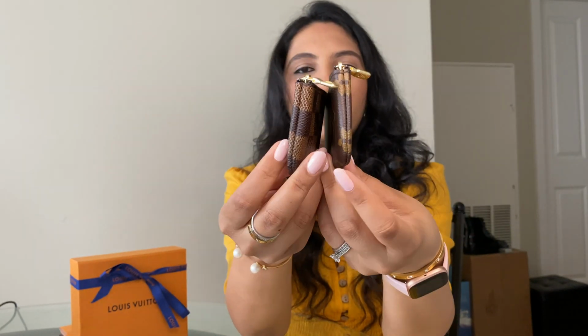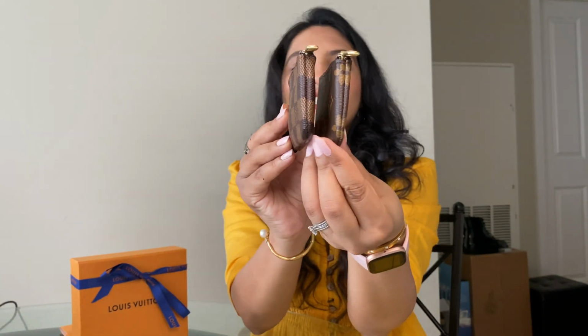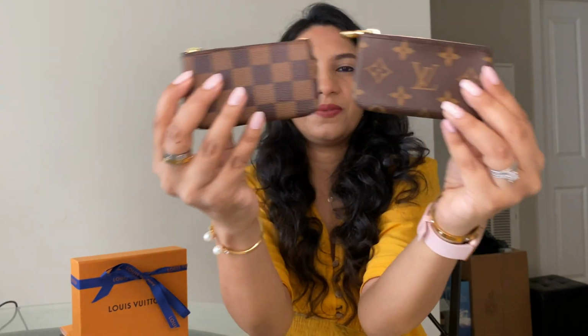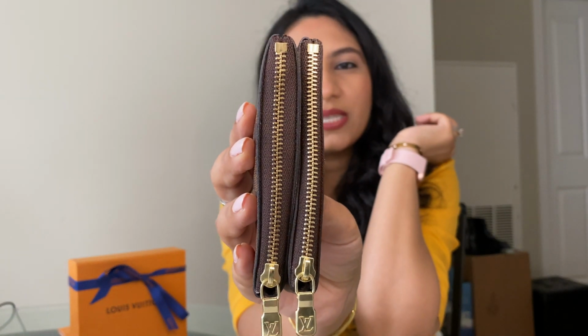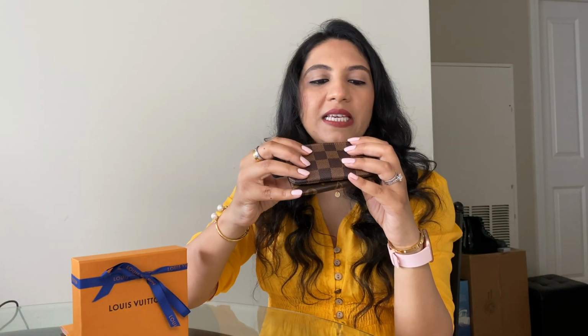And then here they are from the side. And this one is obviously stuffed up and this one is empty. So just keep that in mind because this one looks a little bit squished. But here they are. And then here they are. So yeah, that's pretty much it. That was going to be a quick unboxing. I just wanted to quickly show you the piece I picked up. And I don't know if you guys can see, but